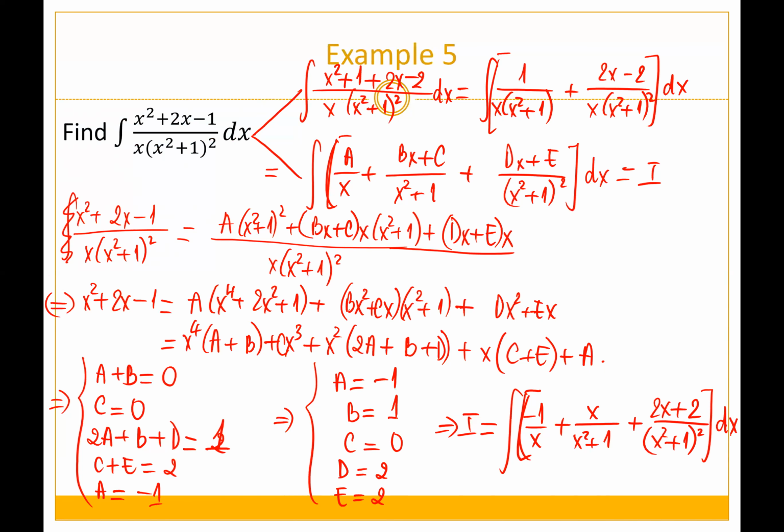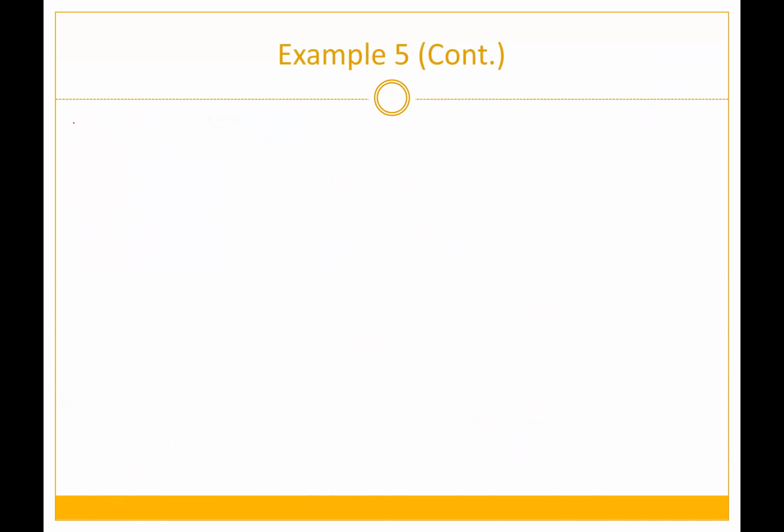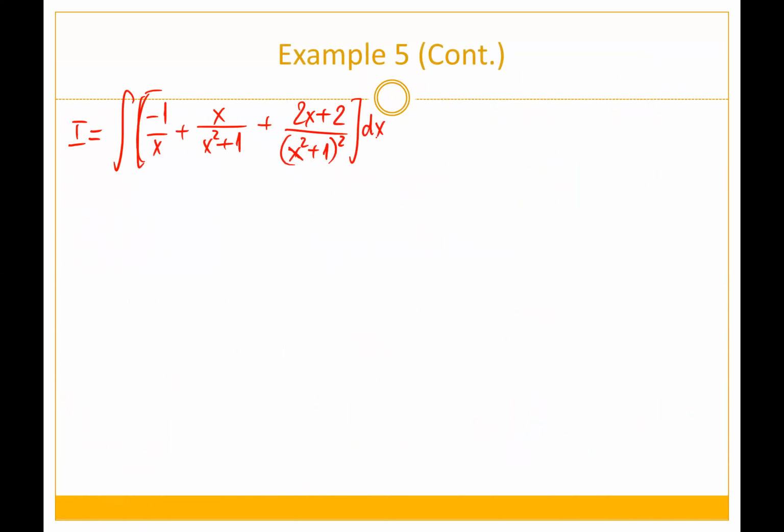And so now we're going to solve them individually. So again, I'll write it up. We have negative 1 over x plus x over x squared plus 1 plus 2x plus 2 over x squared plus 1 squared dx. Now this part is easy. Now you have negative 1